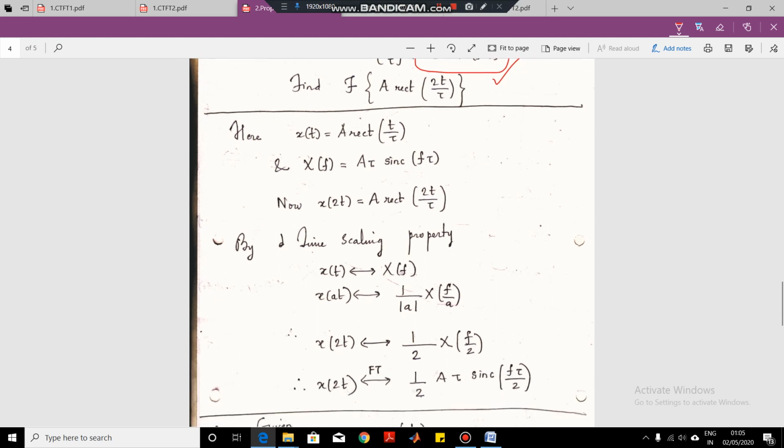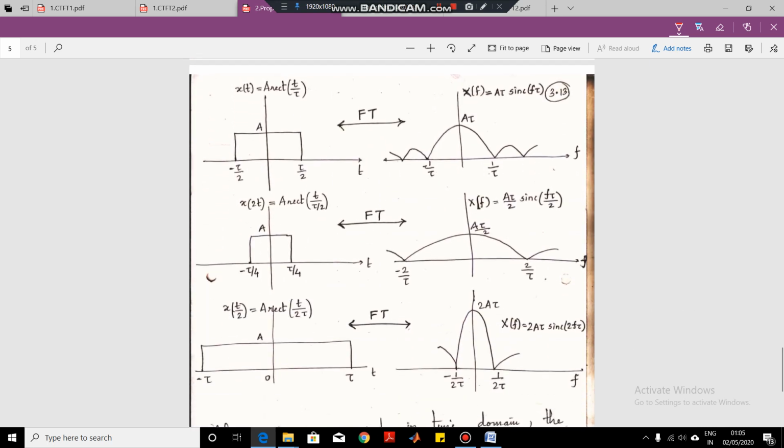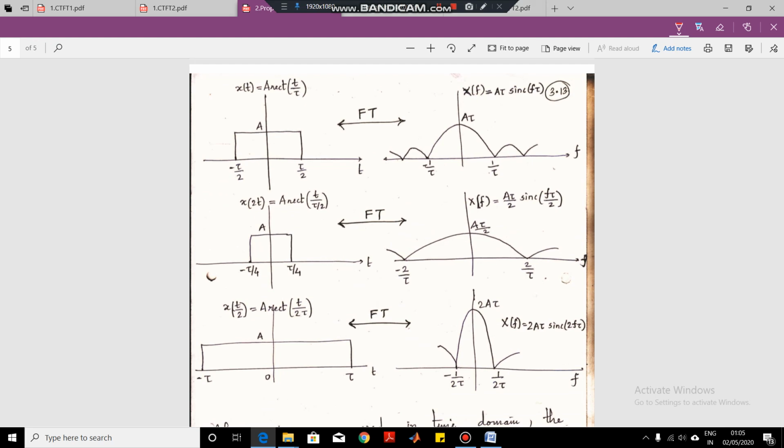Now the purpose here is to illustrate the time scaling property. So let us draw these signals, and after drawing them I will show you how this time scaling property works. When we have a normal rectangular signal, this is the Fourier transform of the signal. This means that a rectangular signal in the time domain will have a sinc representation in the frequency domain. This is very fundamental. These equations are the signal description of this sinc function and rectangular function.